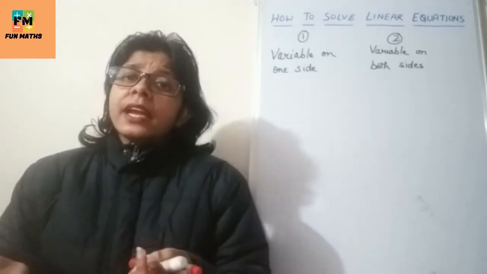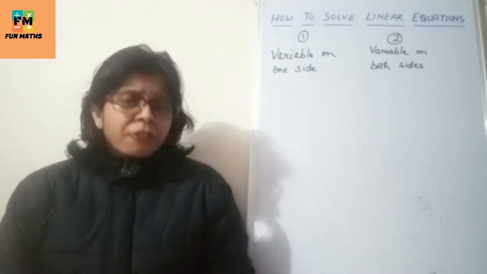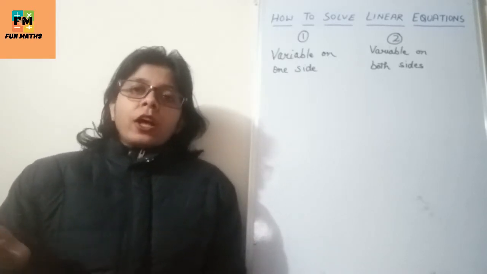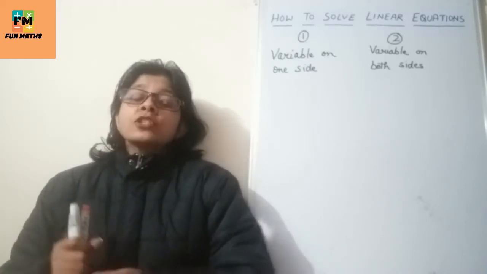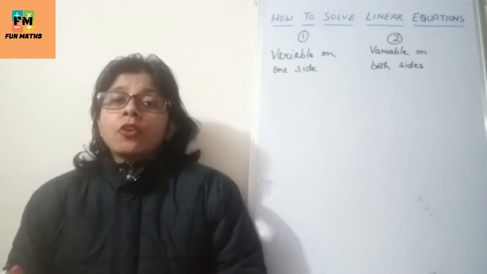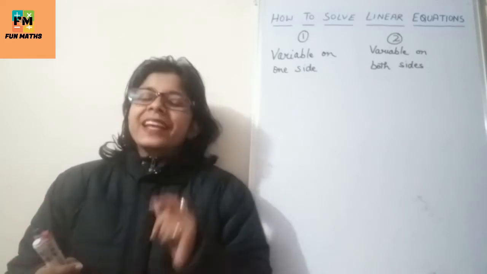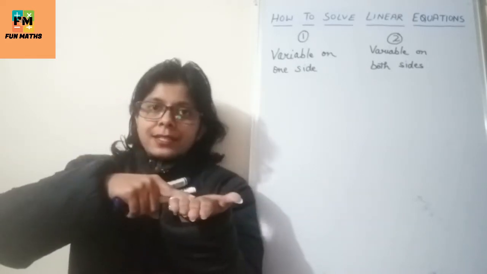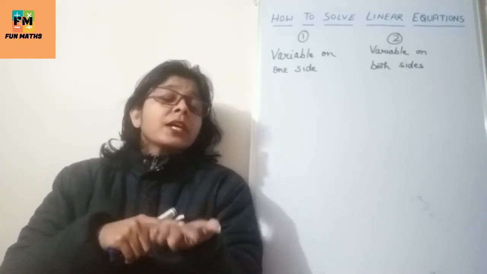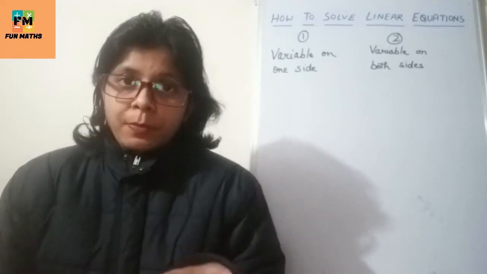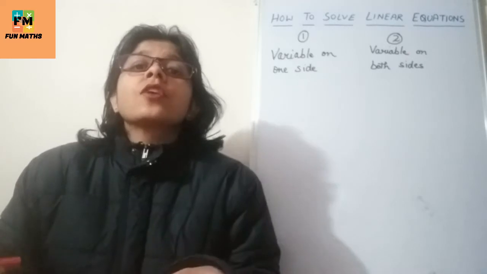An equation is quite similar to a weighing scale. You must have seen a weighing scale in shops when you go to the market to buy something. If you keep the same amount of weight on both sides of the weighing scale, it will be balanced. But if you add some more weight on one side, the weighing machine will no longer be balanced, because that side will fall down as it is heavier.